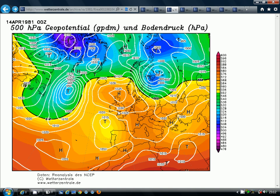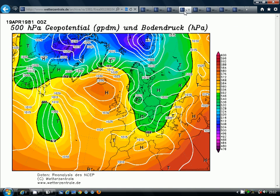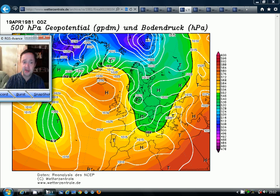We had some thundery showers and thunderstorms going on in the south on this day, but really high pressure was the dominating feature. And even going up towards Easter, high pressure stayed in control. This is actually Easter Sunday, the 19th of April. And yes, we've still got that high pressure just to the west of the country, giving us a lot of dry and fine weather. In fact, Easter Sunday was pretty much a cloudless day across many parts of the British Isles. But this was really the last day of the mildest of the mild weather for April 1981,